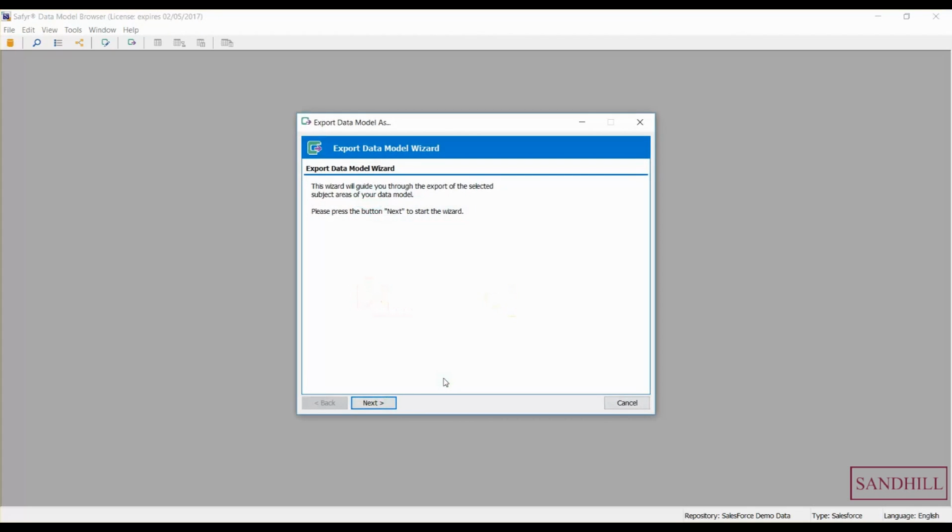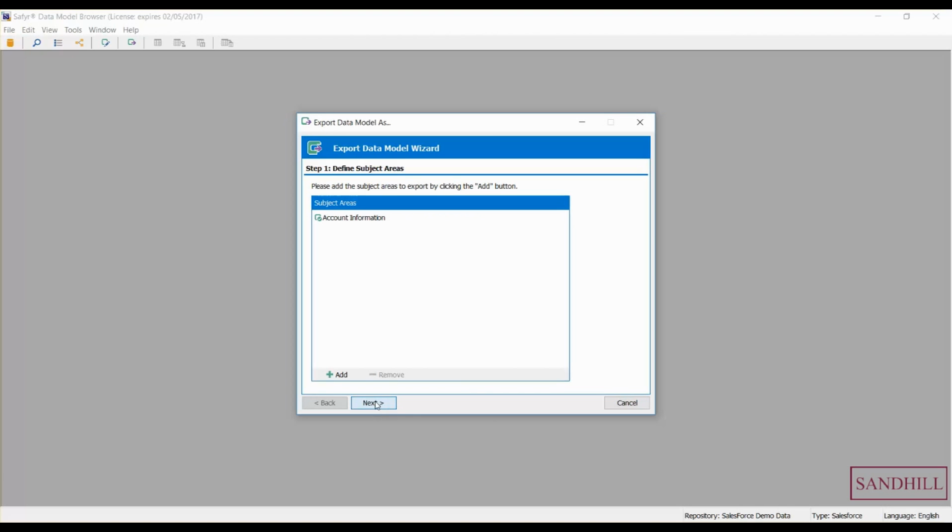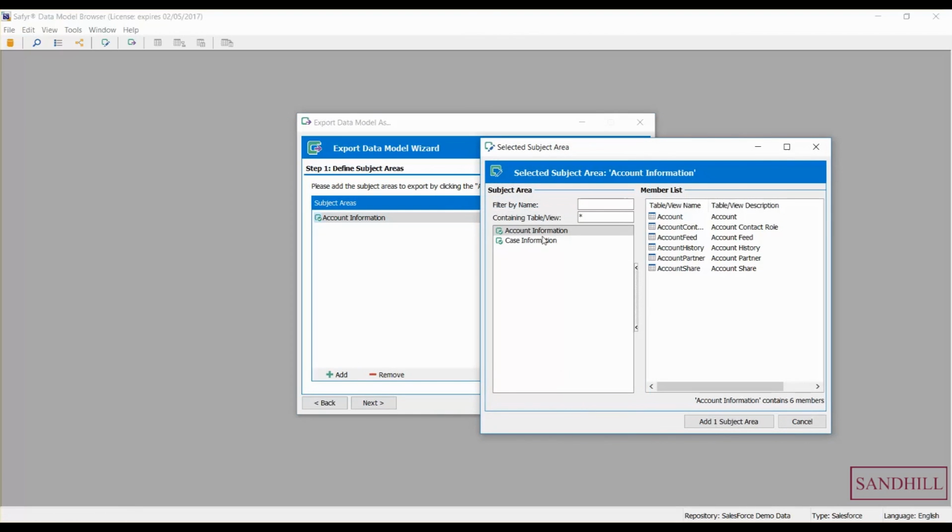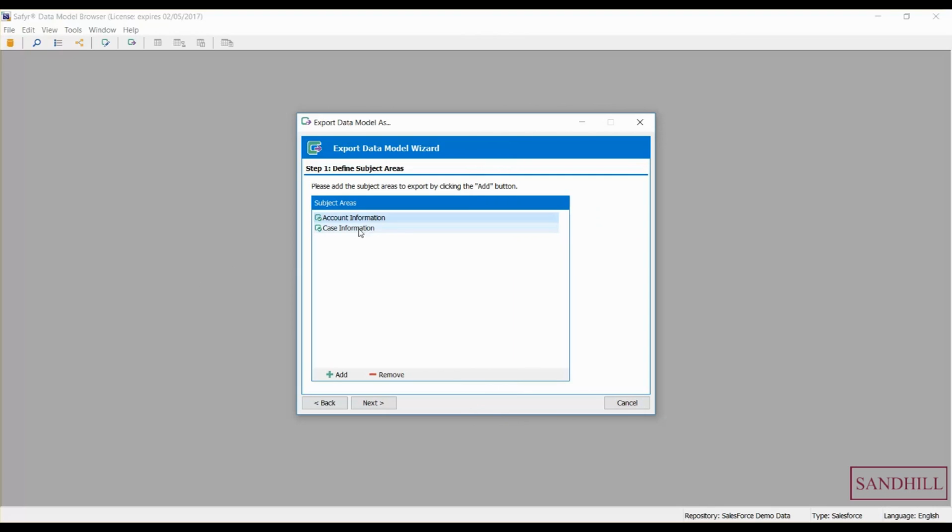So we're going to export our subject areas. And note once again the use of the wizards to step us through the processes that we are working with. We are going to add our account information, and we're also going to add our case information subject areas. So we want to export both subject areas, so we can pull in multiple subject areas into